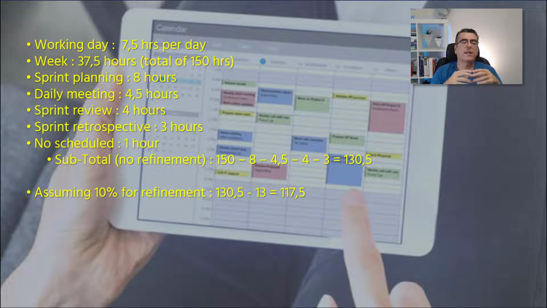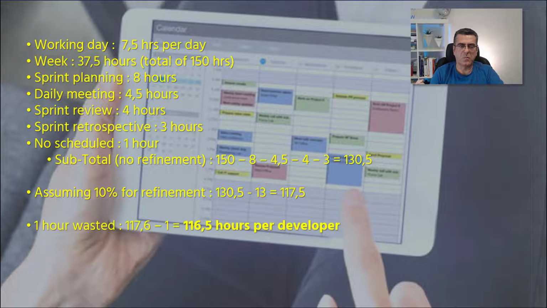Assuming that you're going to spend 10% of this time to refine your product backlog, you're going to have only 117 and a half hours to work on your sprint backlog. But as we waste 1 hour, in fact, you're going to have 116 and a half hours per developer in a